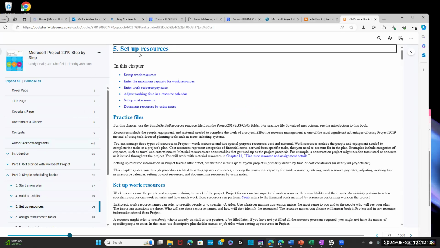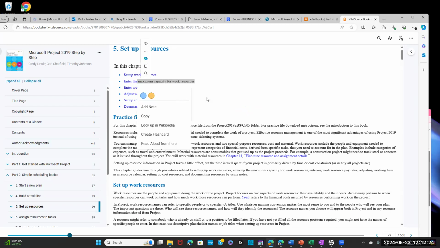Chapter 5 is about setting up resources. So we are going to set up work resources and also maximum capacity, for example, 40 hours a week or 20 hours a week. Enter the pay rate for the work, for example, $45 an hour or $700 a week.